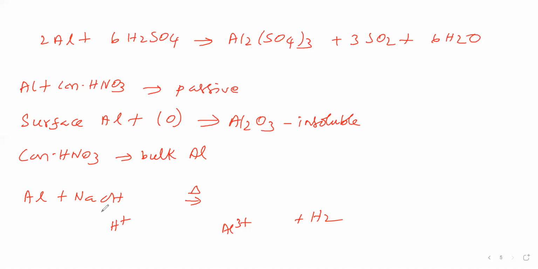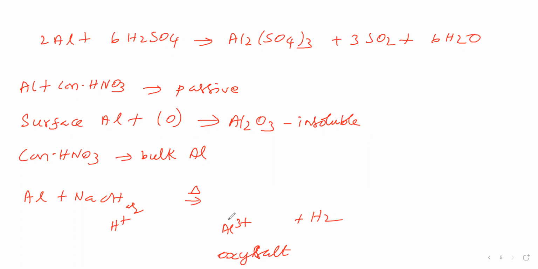So aluminum with sodium hydroxide, remember that aluminum is undergoing oxidation and becomes aluminum ion. Hydrogen is undergoing reduction and becomes hydrogen gas. This mainly you remember. The remaining things we can write one by one. Okay, this aluminum ion will remain as oxysalt. Why is it oxysalt? Because aluminum ion is here in sodium hydroxide solution.